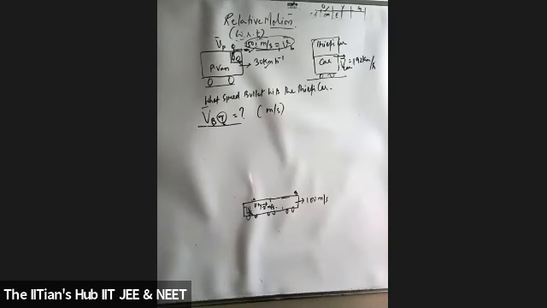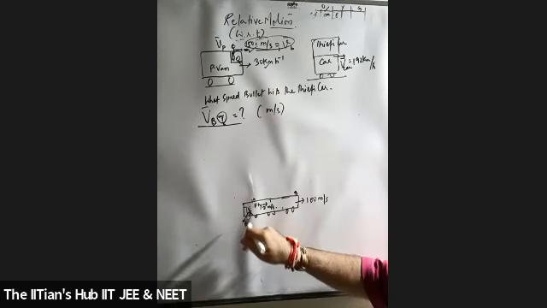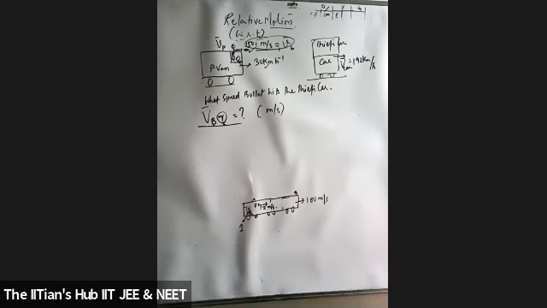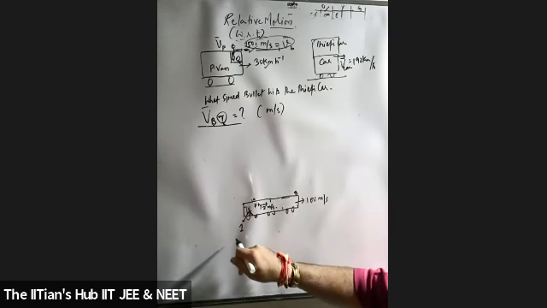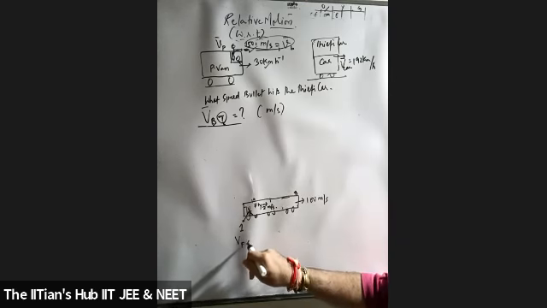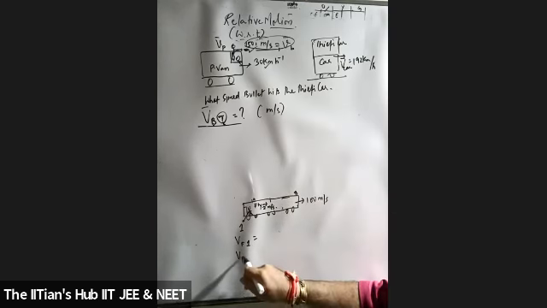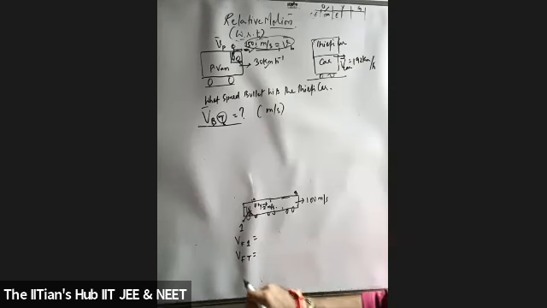Agreed? Now this particular person who's sitting over here, I'll consider as 1. Students, my question is, what is the velocity of the fly with respect to 1? Give me one answer. Second question, what is the velocity of the fly with respect to the train? What is the velocity of the train with respect to the fly? What is the velocity of the train with respect to 1? Agreed?